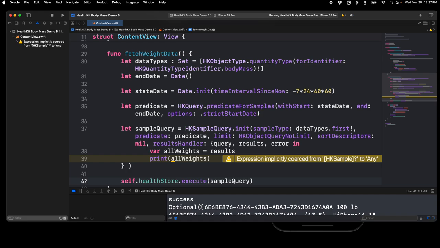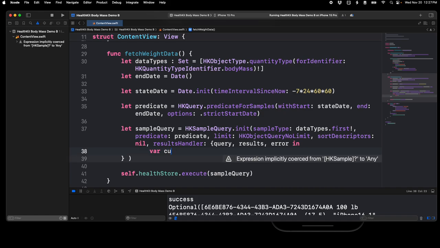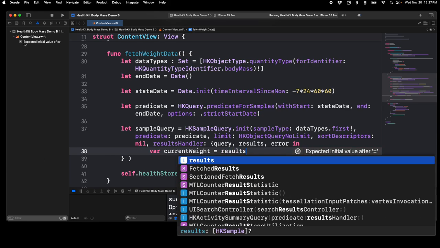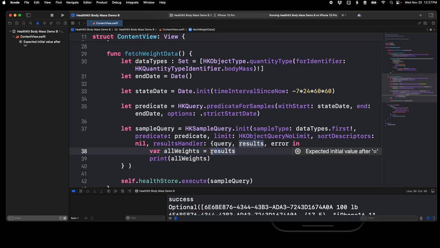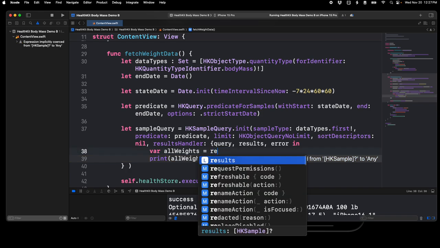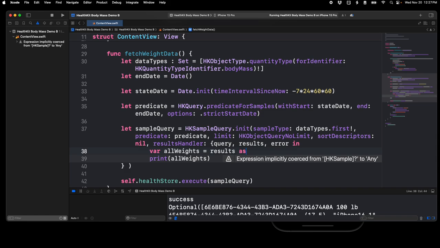So what I'm going to say is, hey, you know what? I don't care about all the weights in the history of my user. I just want to get their most recent weight. So what I want to do is take results. Well, hold on a second, I messed it up. I want to take results and convert them from just a blob of data into a collection of HKQuantitySamples, because I know what they are. So I'm going to treat results, not just as a blob of data, but as what we know it is, an array of